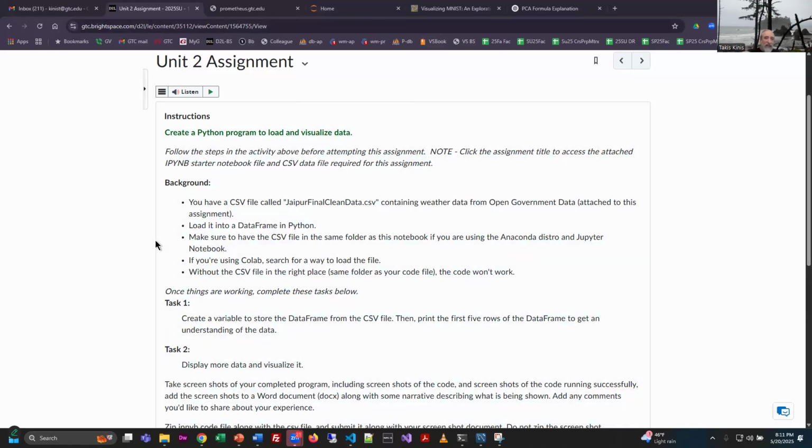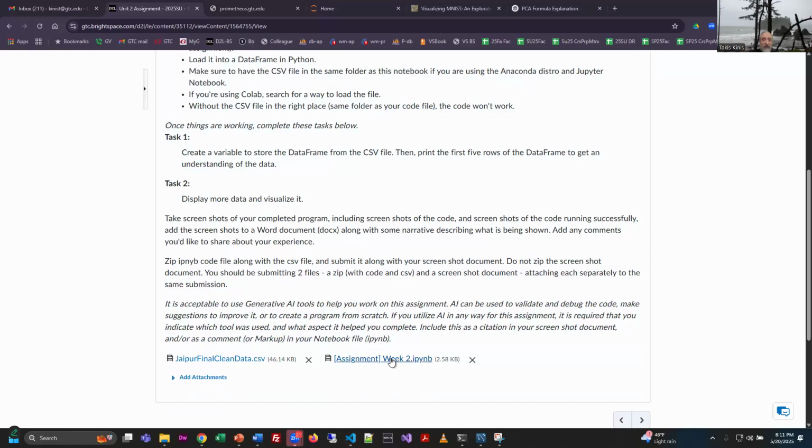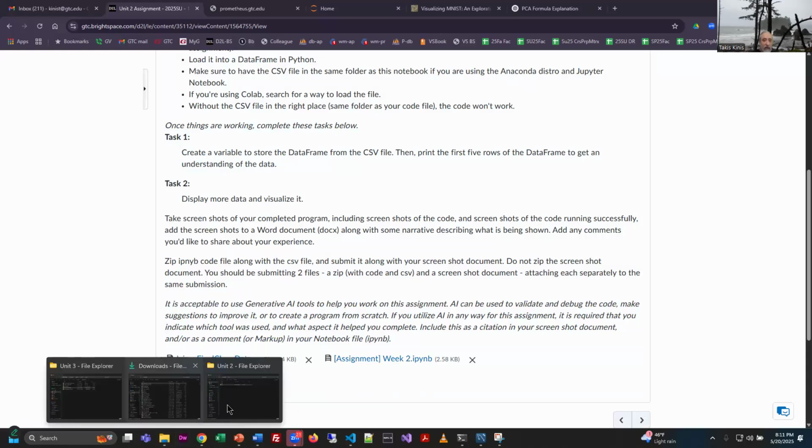Basically, I'm going to go through all the tasks here. This does require the use of a CSV file, which is attached to this assignment, so you can download this. And there's a starter version of the notebook available here, so you should download both of those files. I have those files already resident,